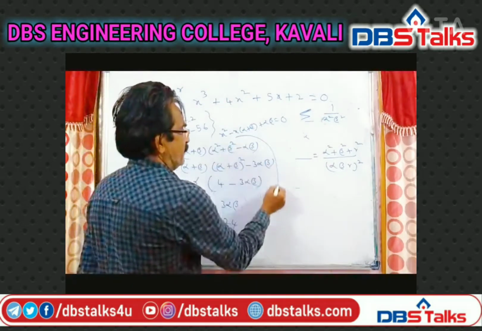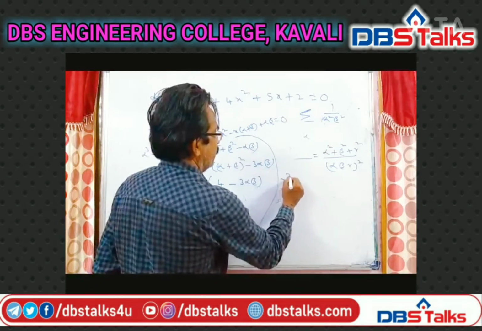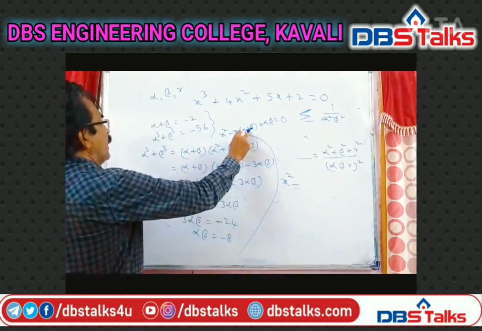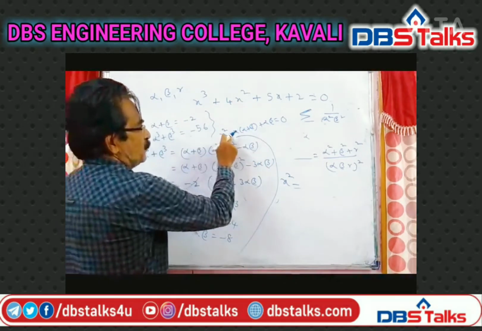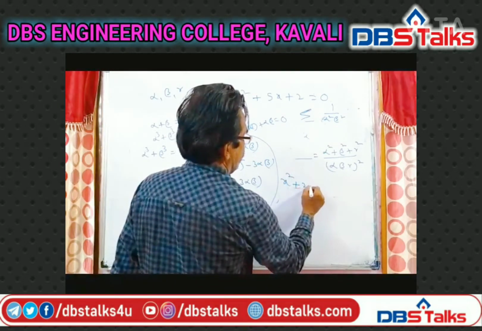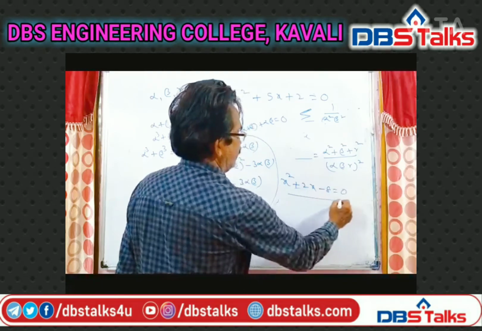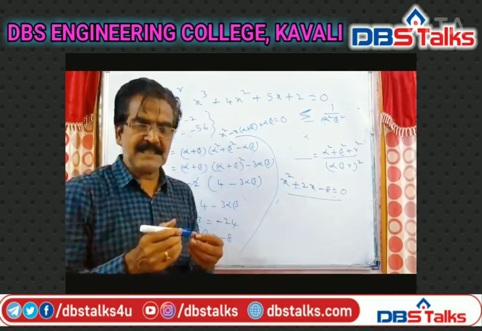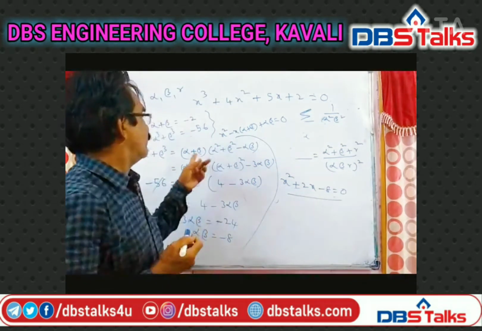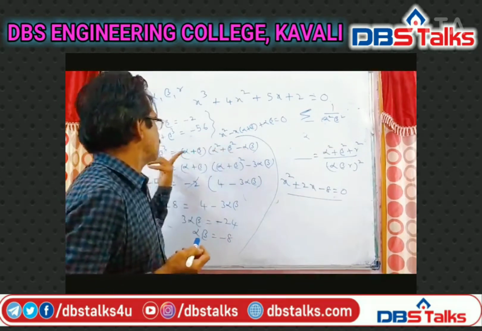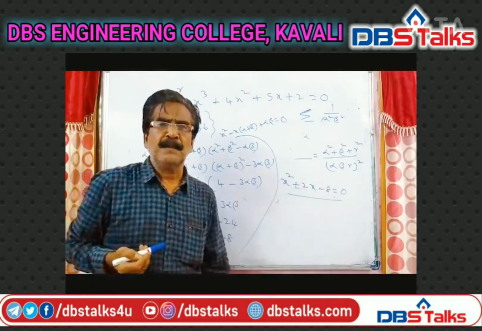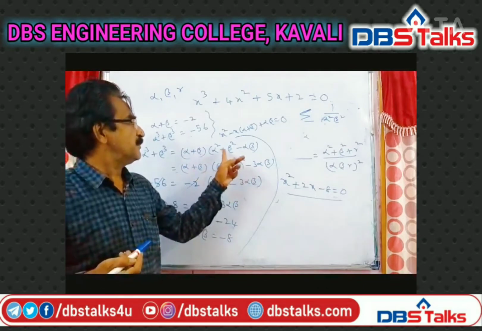Now the required equation is x square minus x into alpha plus beta, that is minus 2, so x square plus 2x minus 8 is equal to 0. This is the required equation, friends. So I am absolutely sorry for yesterday's mistake. Yesterday we forgot the factor of alpha plus beta in the cube expansion, alpha plus beta into alpha square plus